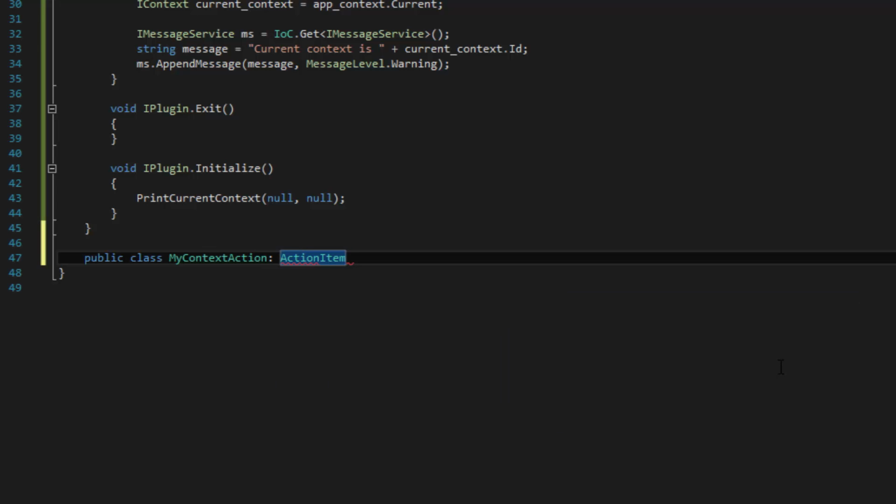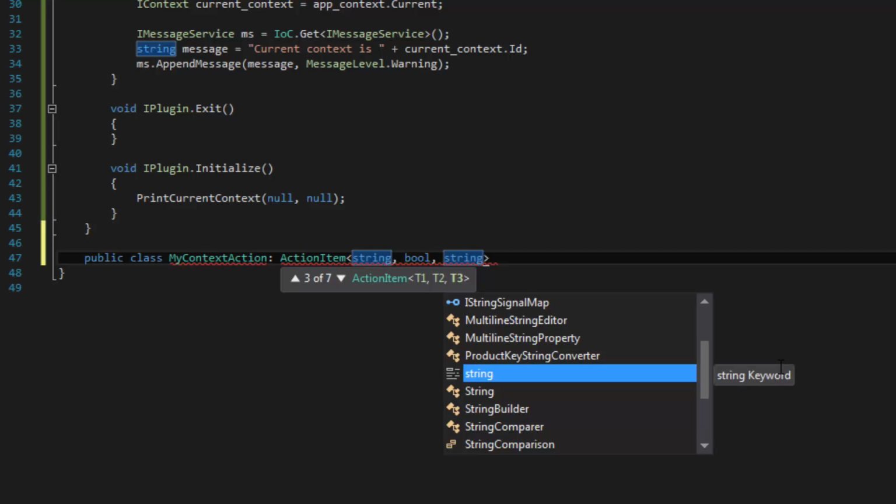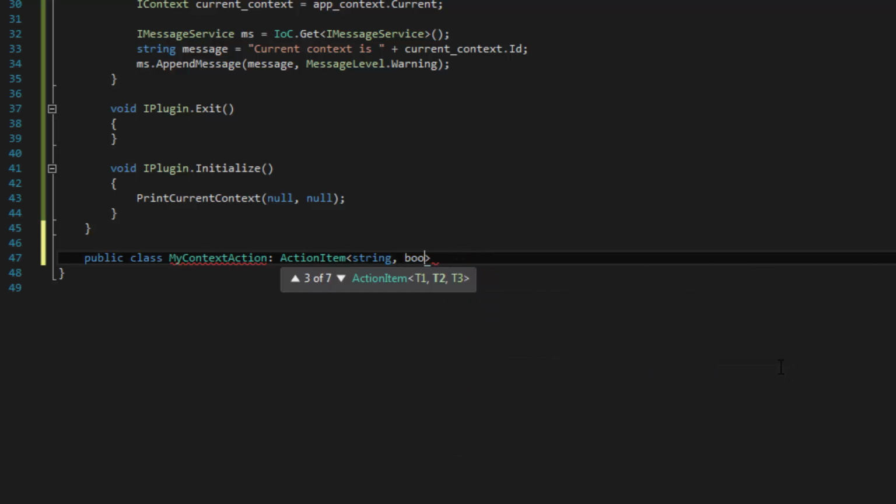Now, in the previous video, I showed you how to create an action item that did not take any arguments. Now I'm going to show you how you can create an action that can take multiple arguments. So to do that, you can create this action with these greater than, less than signs, and we can define the types of each argument. So if I type in string here and bool here, I can just keep on going and type as many arguments as I need to. And then when I go to execute this action in that method, it's going to show the parameters of what I defined here. So let's actually keep it simple first and just have one argument of a string, the message we want to be printed with this action.